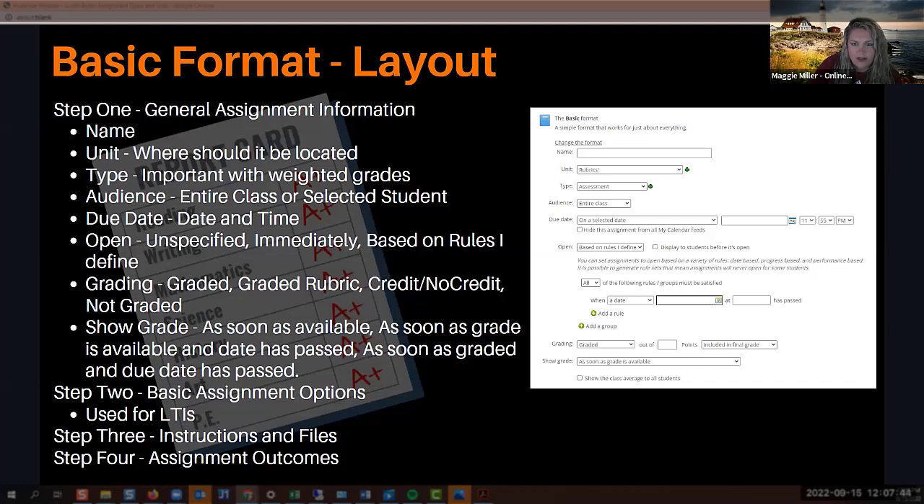Due date, you've got the typical due date, date and time, and then open. I left the drop down open on or listed as based on rules I defined because I really wanted to talk about that piece. We can open immediately. We can open,